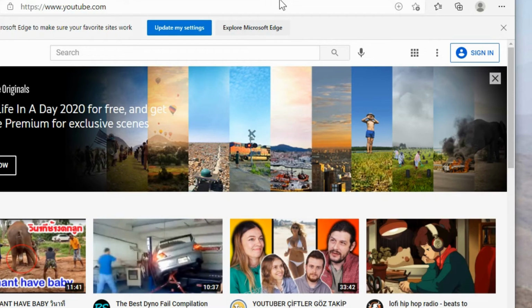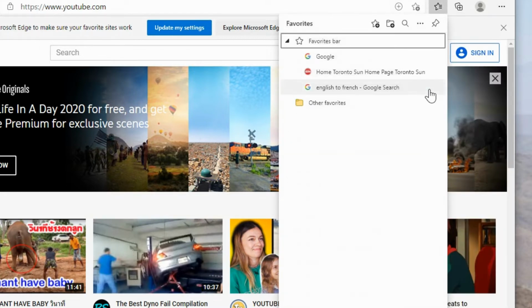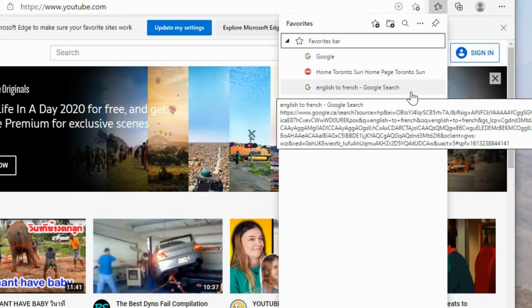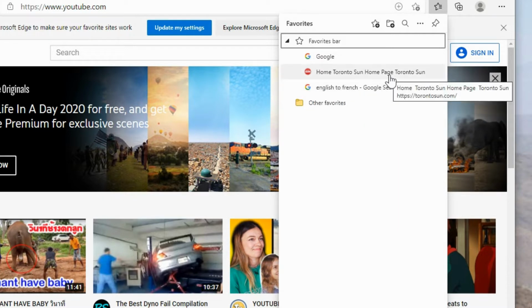First thing you might want to do is import your favorites. So over on the top right, there's the three dots. You can go down to favorites, and it brings up your favorites here with the favorites bar. And this is actually already imported, it looks like, and I've cleared this out before. But if it didn't have your favorites listed in here, and we can't see the favorites bar, we have these two different things that we want to do.